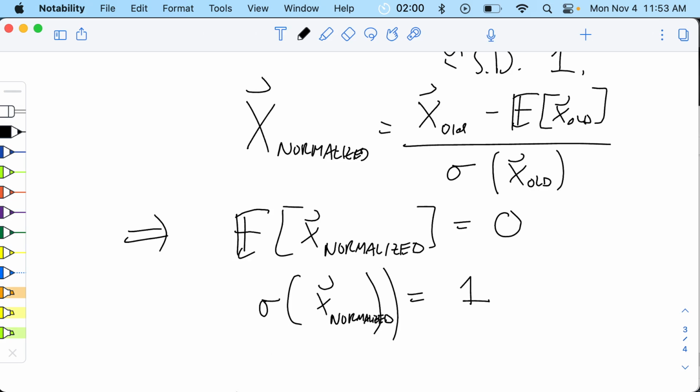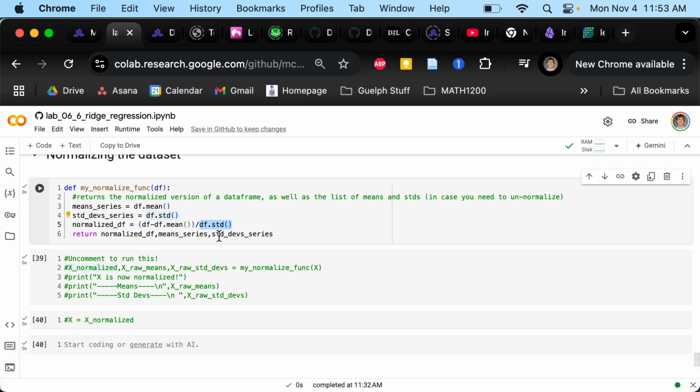I have one other thing that this function does, is that it returns the normalized guy, but also the means and the standard deviations. So I get back the means and the standard deviations. The reason it's useful to know what the means and the standard deviations are is so you can undo it later on. So maybe later on, once I have my thing done and I figured out all this rich stuff,